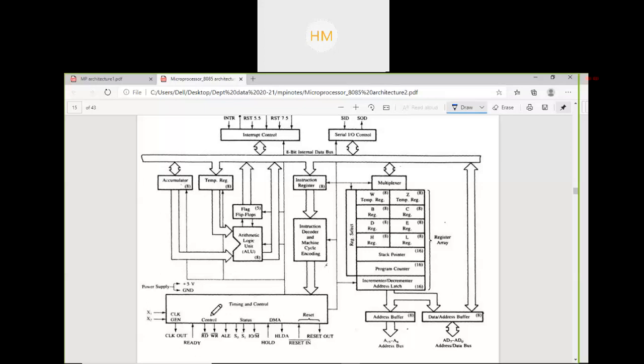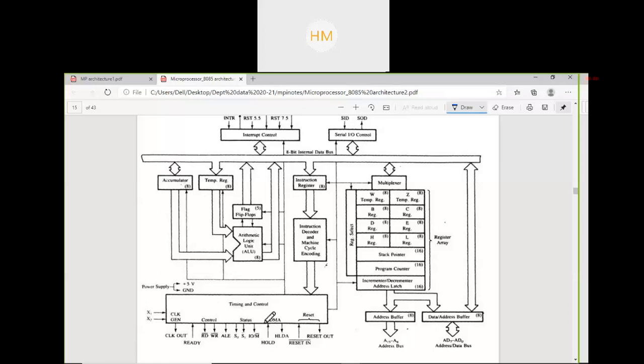Control and status signals we will discuss in detail. These are very important pins of the microprocessor on which the whole operation depends, because any program you write has to perform certain operations, and that will be decided by these control and status signals.